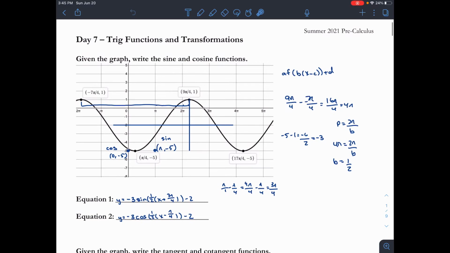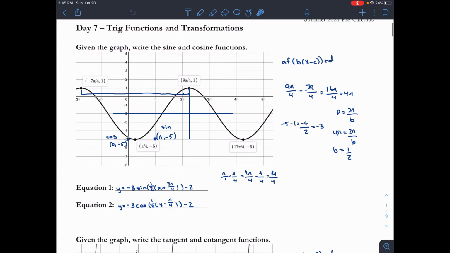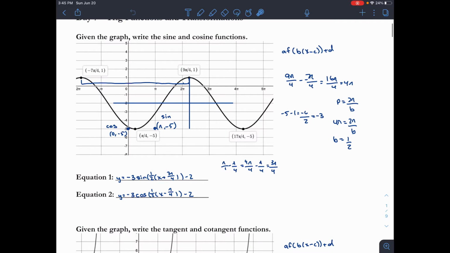Okay, so this is day 7 of the worksheet. First, we have the given graph, and we have to write the sine and cosine functions. So to write the sine function for this graph, this is the formula. So we have y equals,